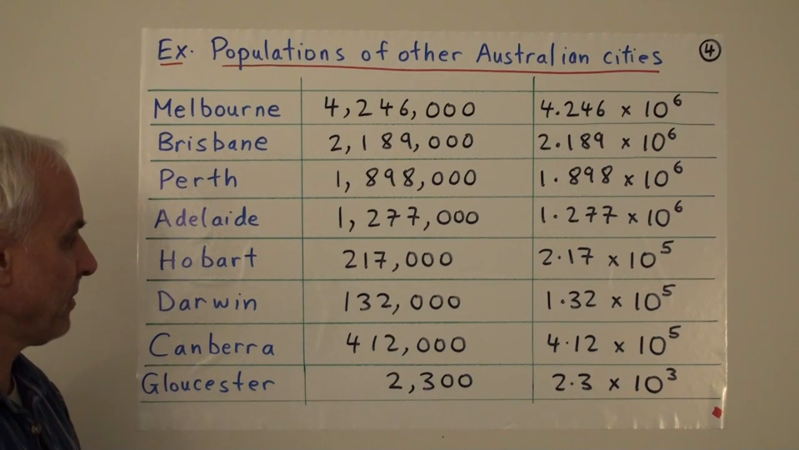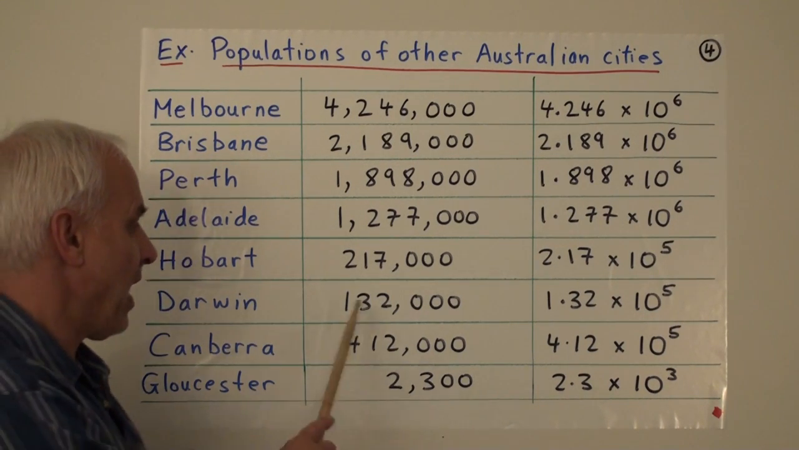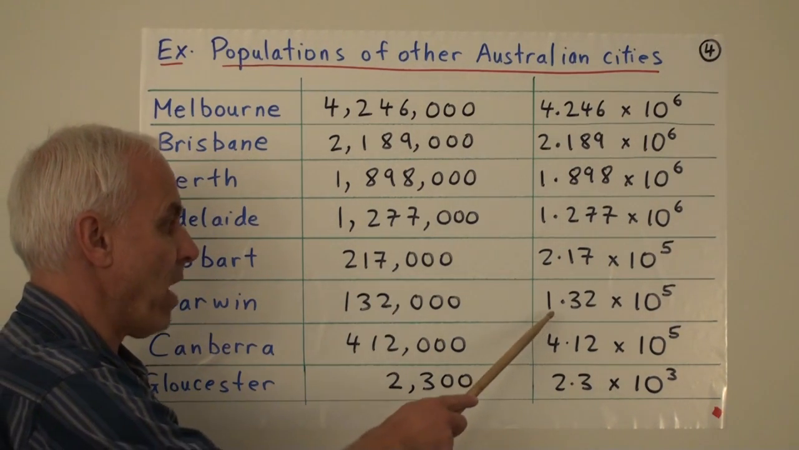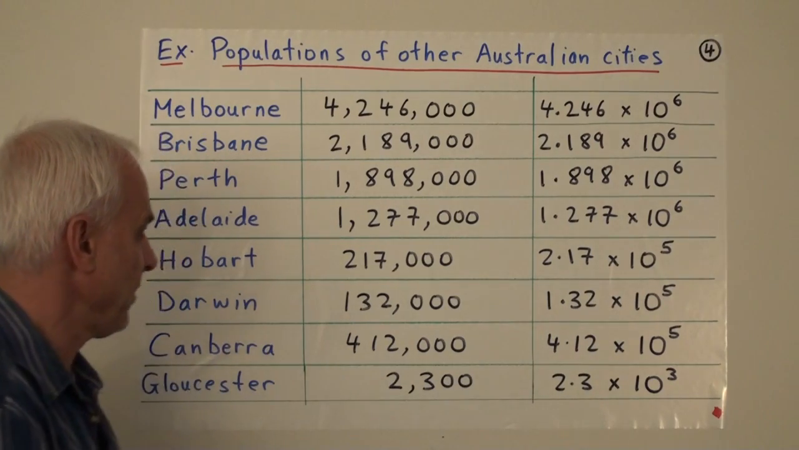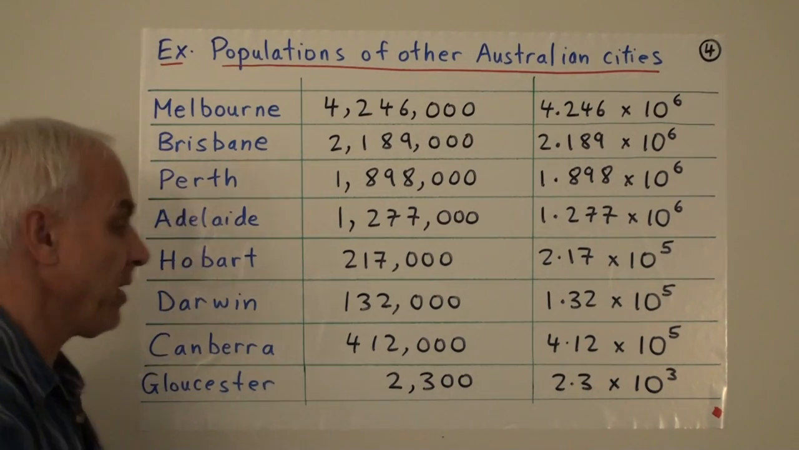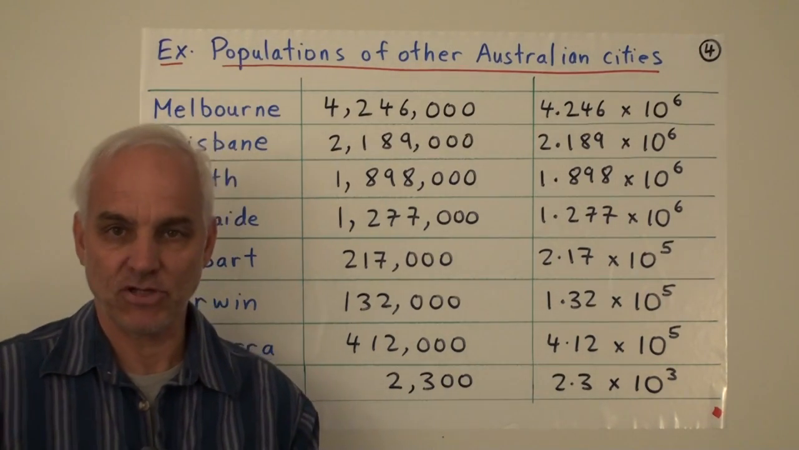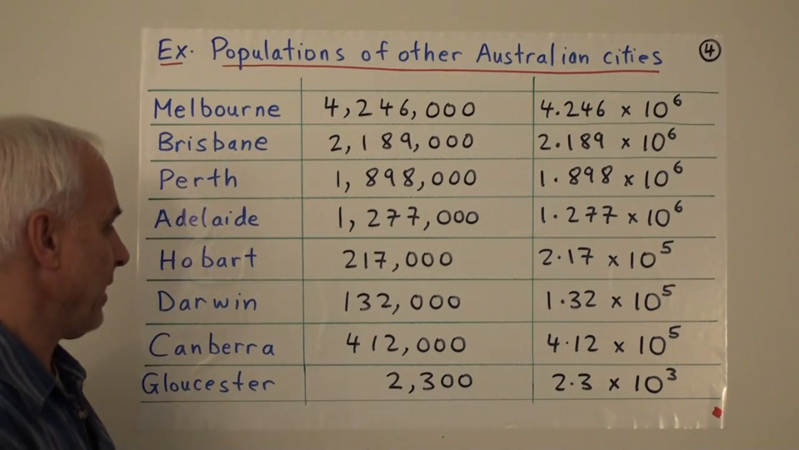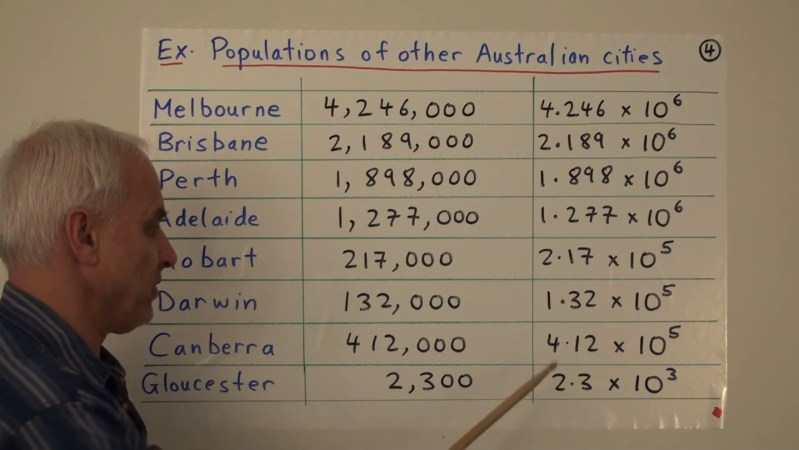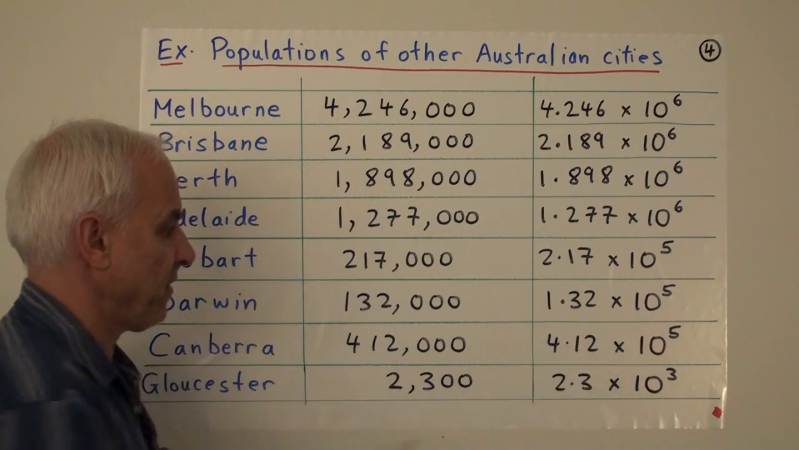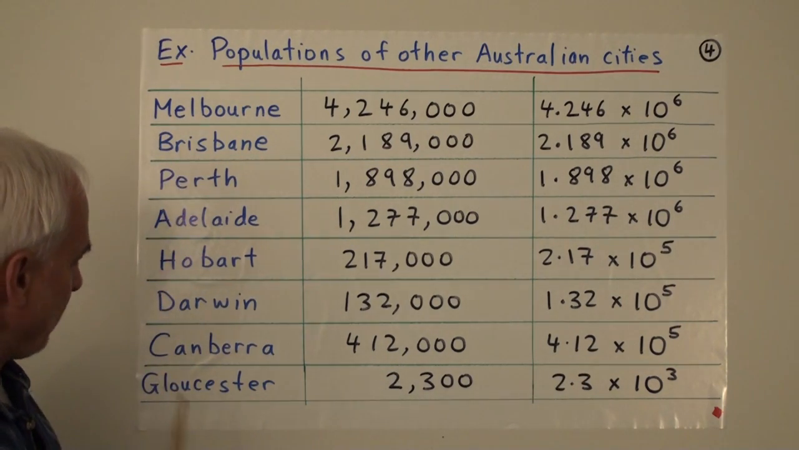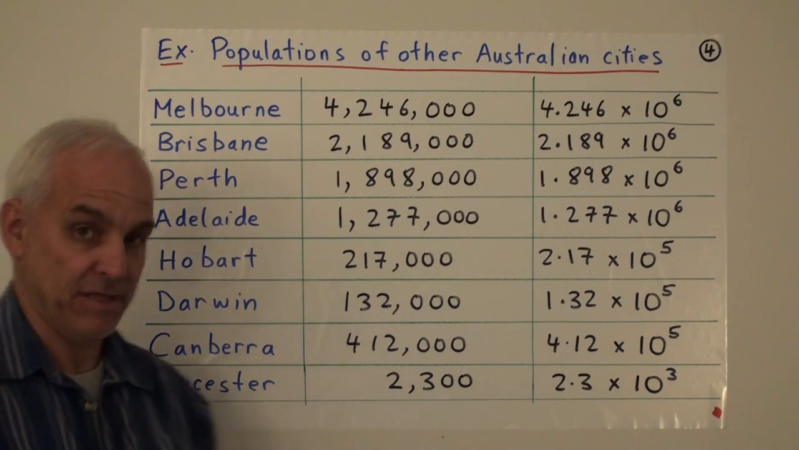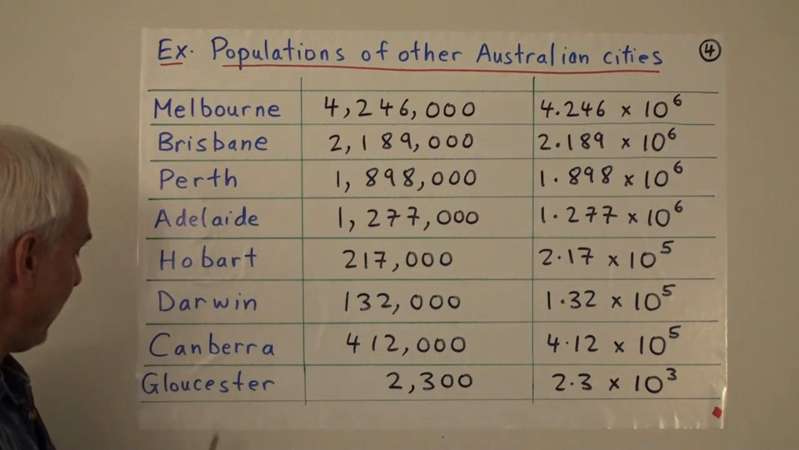Darwin, capital of the Northern Territories, 132,000, or 1.32 times 10 to the 5th. And Canberra, the capital of Australia, which has its own sort of separate territory, roughly 412,000, or 4.12 times 10 to the 5th. And one more city, which is not a very big city, it's more of a town, it's